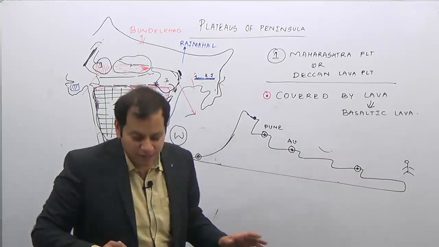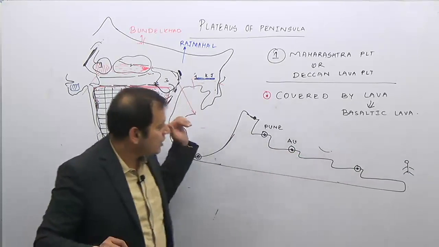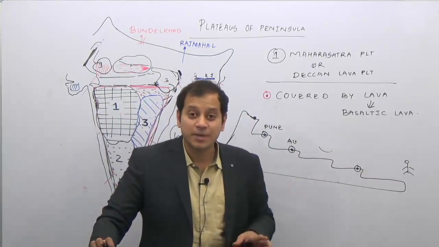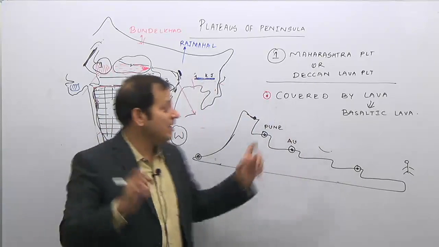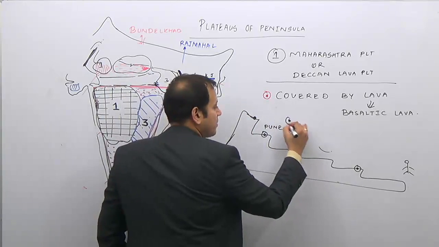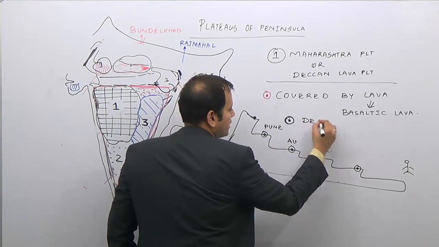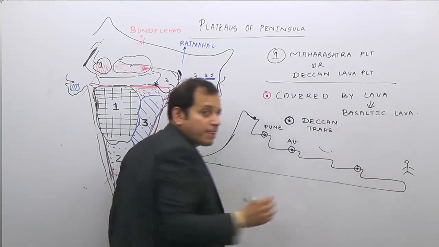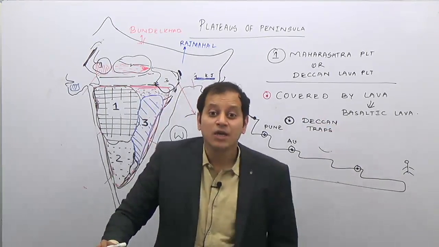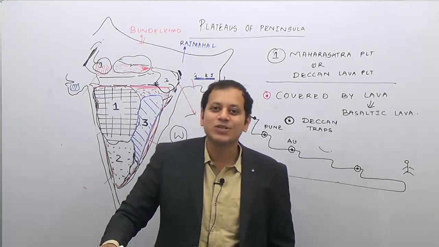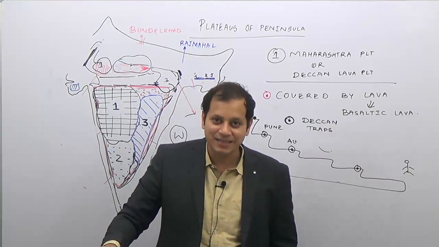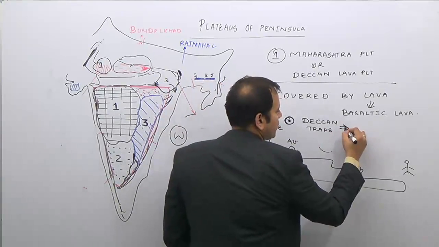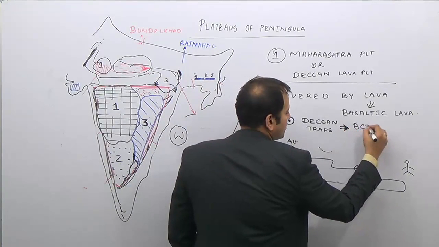As a result of this, the Deccan lava plateau has flowed horizontally in different layers and has a staircase-like aspect. Therefore, the Deccan lava plateau is known as the Deccan Traps. Why traps? Because traps in the Swedish language means staircase. So they are known as Deccan Traps because from the eastern side,